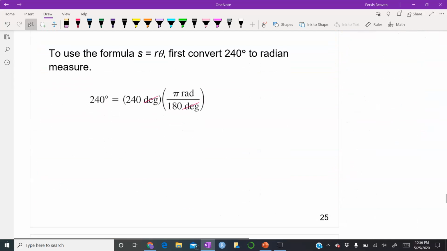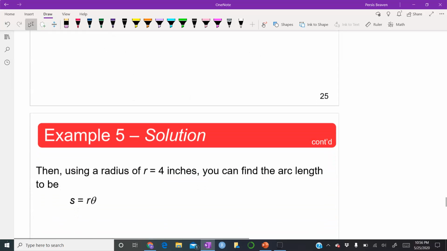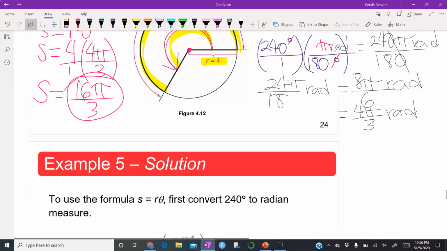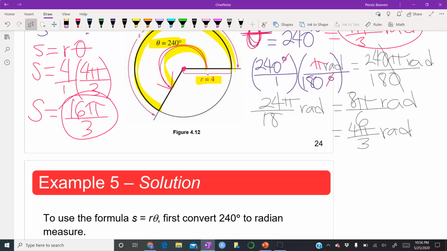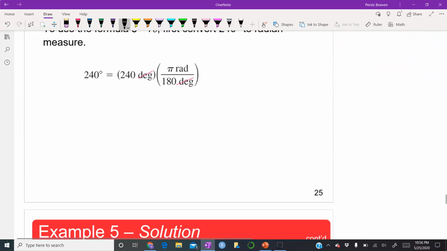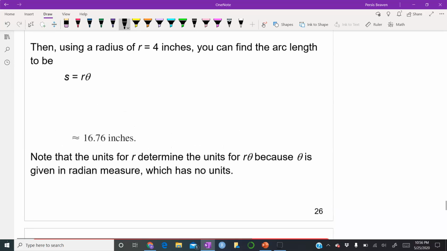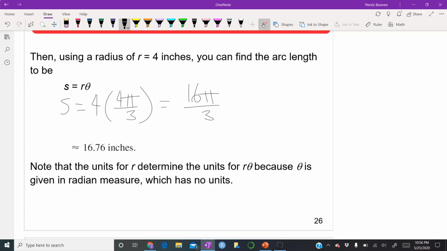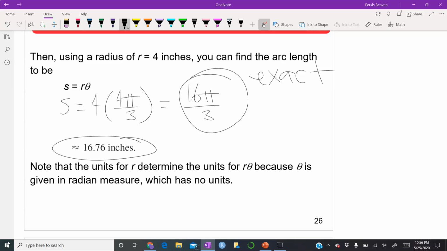Okay, so, oh, actually, this was the sheet that I should have used to solve the example. But hey, now we know that 16 pi over 3, if we were to put it on the calculator, we will get that. So this was 4 times 4 pi over 3 and 16 pi over 3. If WebAssign asks you for the exact answer, this will be the exact answer. Now, if they ask for an approximation, that will be the